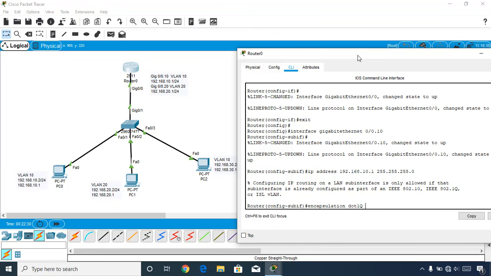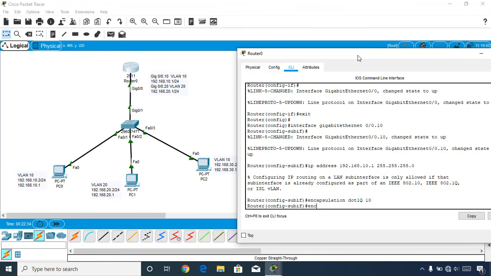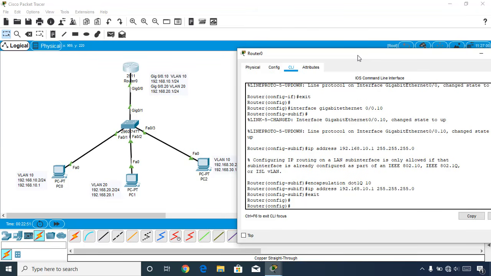And after that we need to give the VLAN ID, and then let's move ahead and give the IP address here, 10.1, with the separate mask, and just exit from here. We need to repeat this process again for the gigabit ethernet